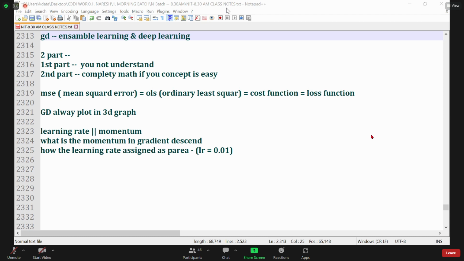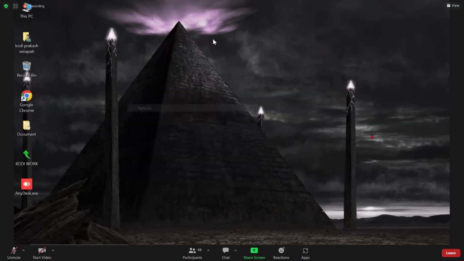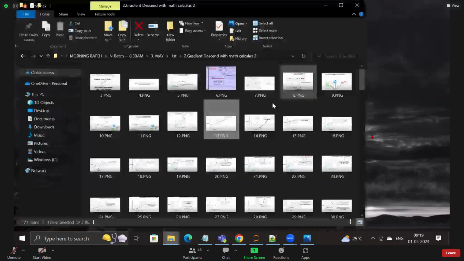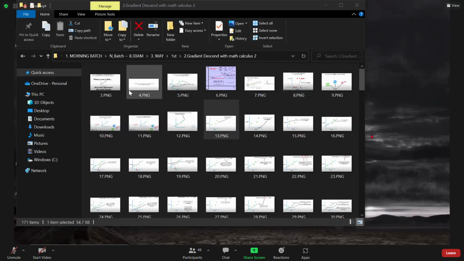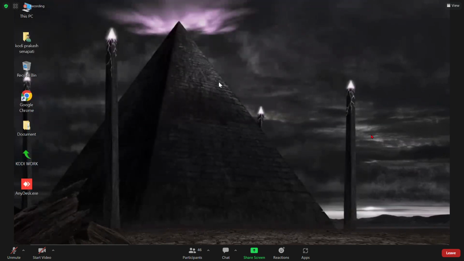Okay, good. I'll give you a small program showing how to write global minima without using sklearn. That's not important, but still I wanted to explain. And once we explain, then we head toward stochastic gradient descent, then batch gradient descent. What is stochastic gradient descent? What is batch gradient descent? We will understand. But before that,